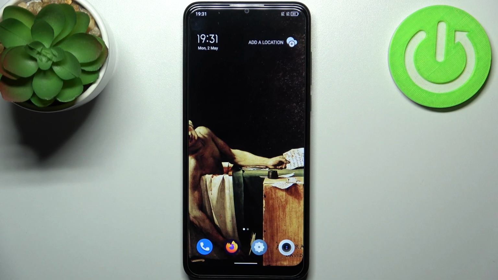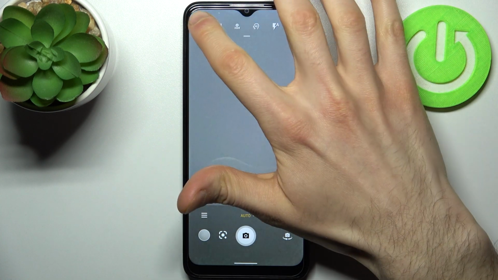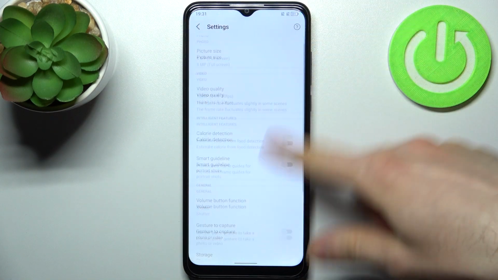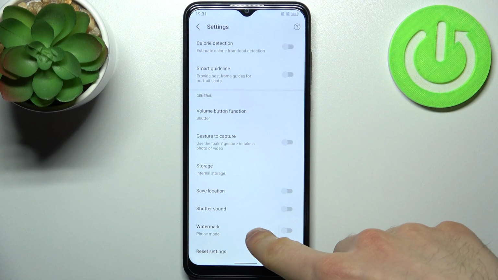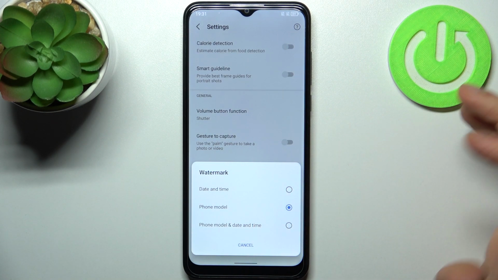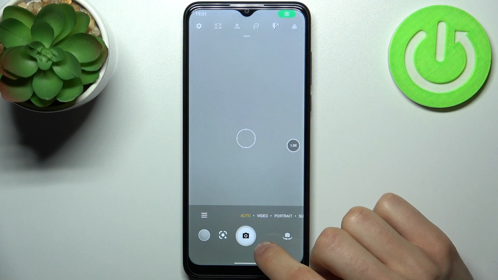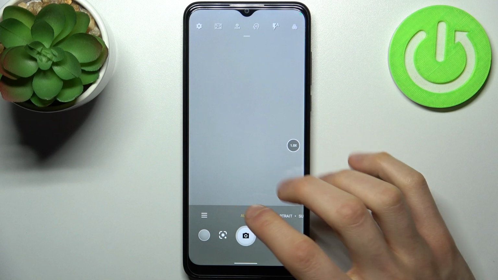Here I have TCL 306, and today I'm going to show you how to enable watermark in camera on this device. So firstly you have to open camera, tap on the gear icon to access its settings, and here you have watermark. You can enable date and time, phone model, or date and time and phone model watermark, and now every photo you take will be marked with this